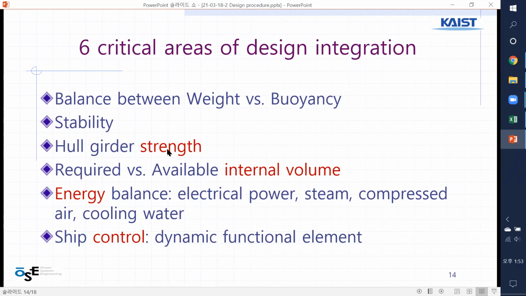Hull girder strength, the structural strength: the ship can be broken into 2 parts at the stern. And the volume that is required to carry cargoes, containers; energy balance, electric power, steam turbine, compressed air, cooling water. How much fresh water should be used by passengers, for showers or drinking; and control, dynamic control,